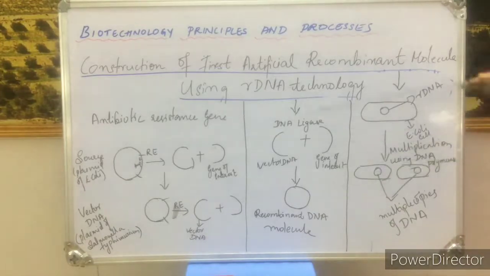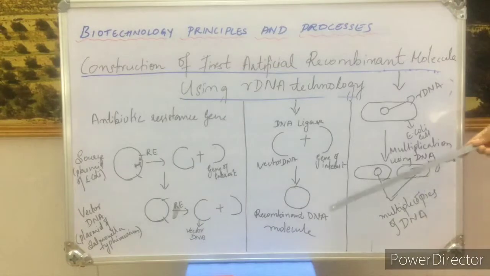Okay? So, right from the isolation of the gene till you produce the multiple copies of DNA, that particular process is known as gene cloning. So what we have studied, what is the gene cloning? It is once again the ability of the DNA to produce the multiple copies when linked with the vector DNA in the host cell. So the gene of interest, after linking the vector DNA and then inserted into the host cell, it is going to produce the multiple copies, and that process is known as gene cloning.